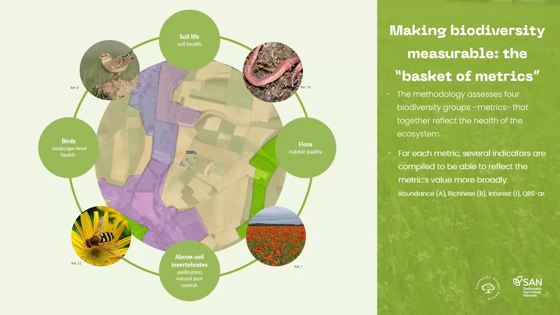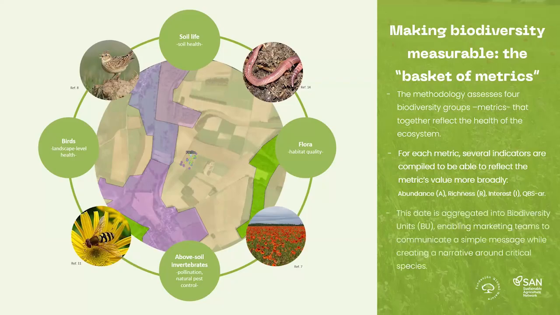Within each metric, the metrics or the biodiversity groups are not indicators. So bird is not an indicator. Flora is not an indicator. Within each biodiversity group, we have different indicators, such as the QBSR or Soil Biological Quality Index, the indicator abundance, the indicator richness, the indicator interest, or for landscape, the connectivity. So a biodiversity group is not the indicator; the indicators are the different pieces of information that we are able to gather